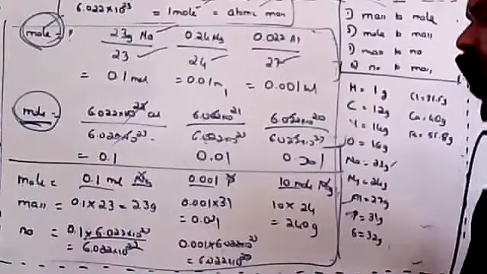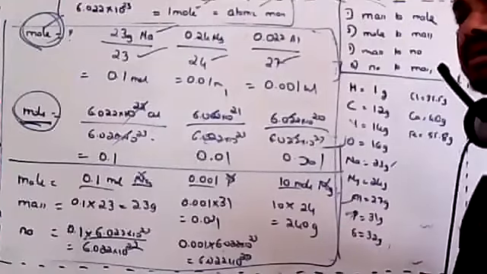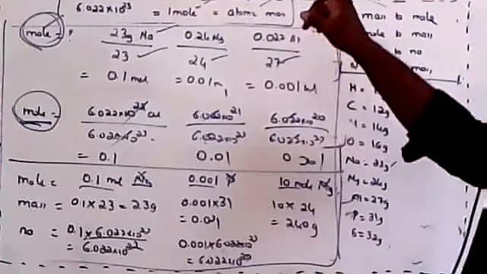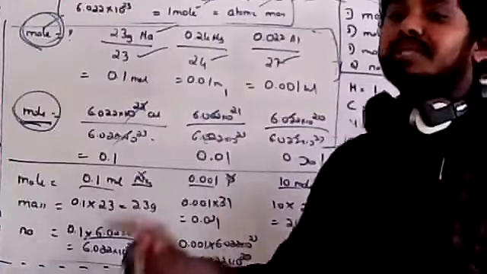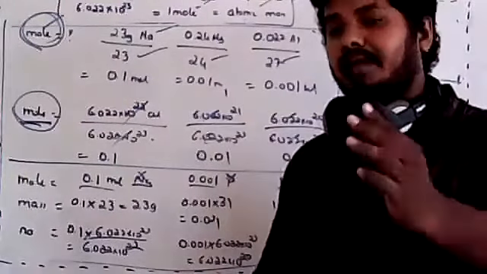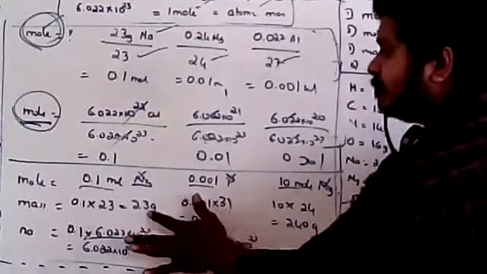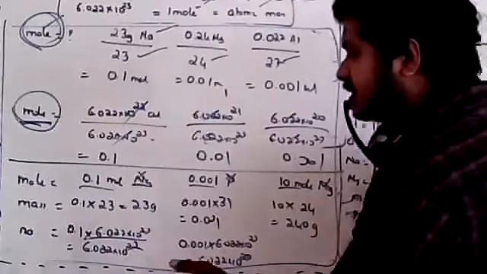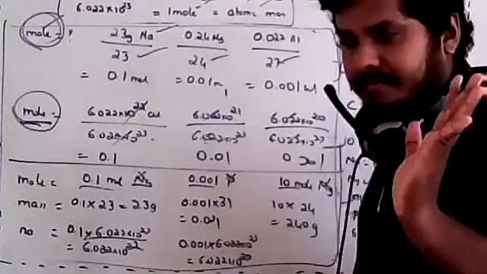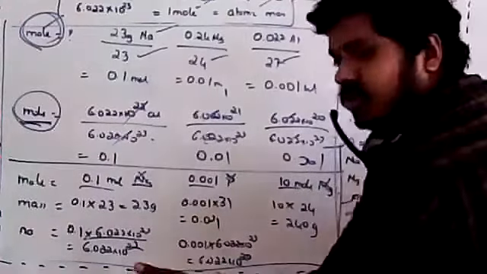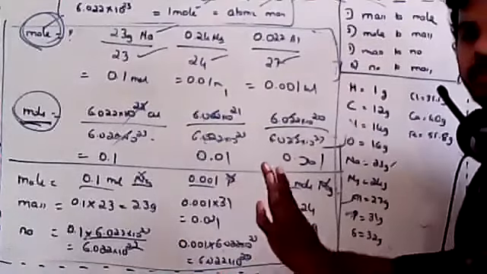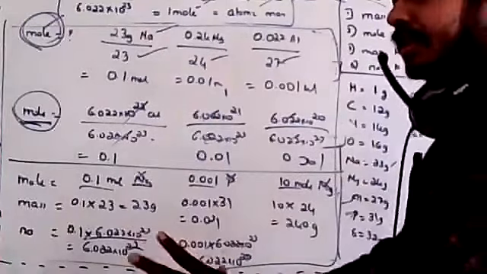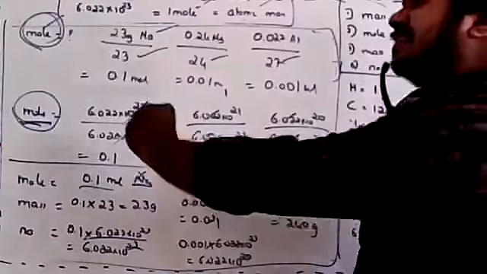Yes, Prithvi, it is 10 to the power 20. So dear students, is that clear now? Whenever a mole is asked, divide. Whenever something is asked based on the mole, multiply. For example, if mass is asked, multiply by atomic mass. If number is asked, multiply by that constant number. Similarly, next one will be volume. There also there is a constant volume, that is 22.4. That also I'll explain. But if you understand this, you can understand that easily.